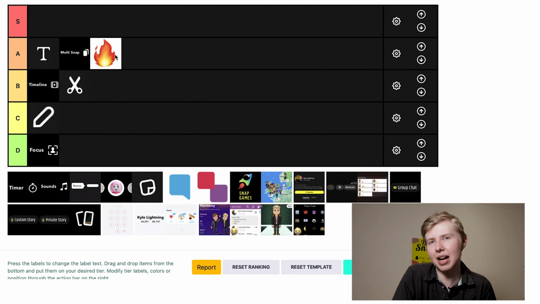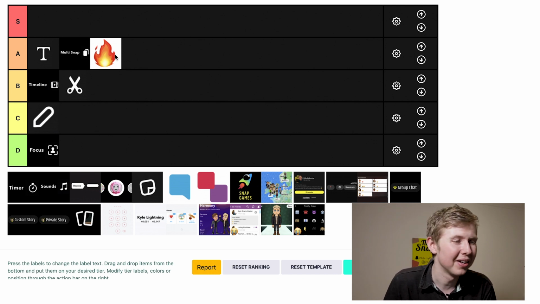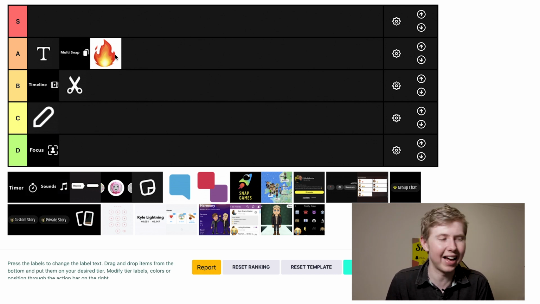We used to send snaps that were so random, they weren't just streaks, it was literally we're dedicating Snapchats daily to each other. And I think it was a good way of communicating, especially in the current circumstances of 2020 and 2021. You all probably know what I'm talking about. So yeah, I'm going to put streaks in the A. It's probably a good decision, but